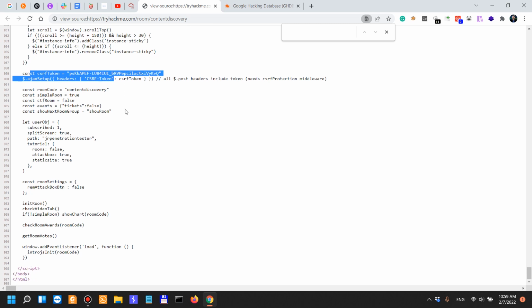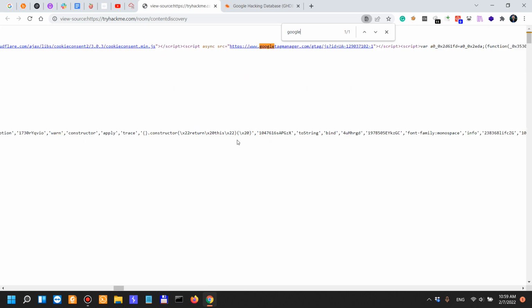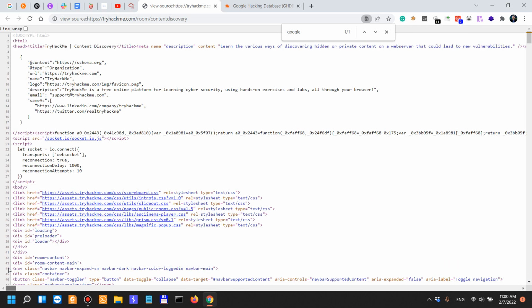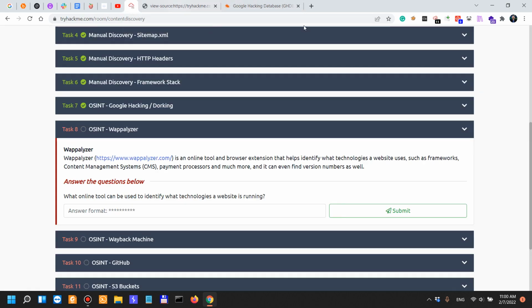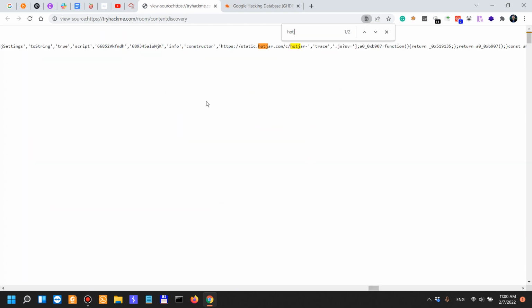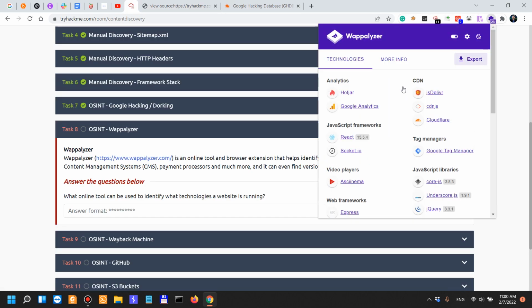They have the CSRF token. If we look for Google, they have the Google Tag Manager. It might be somewhere hidden over here. What else does Wappalyzer tell us? It talks about Hotjar. Let's see if we look for Hotjar. So there you have it, Hotjar in the source of the page. This is actually how they know what the website is powered by. There's a lot of stuff in here, so you could just go down the rabbit hole